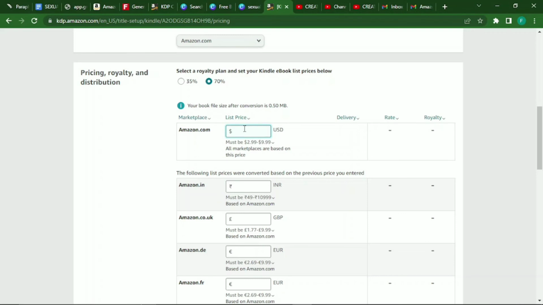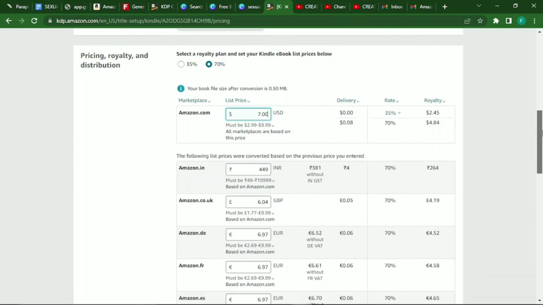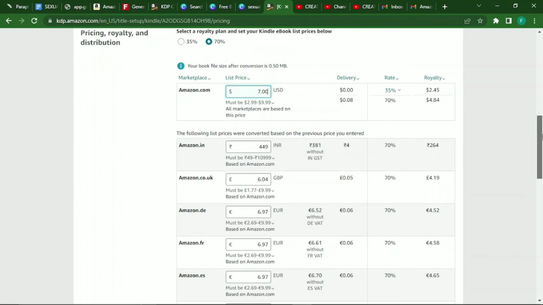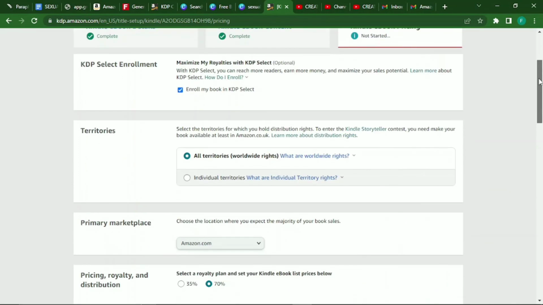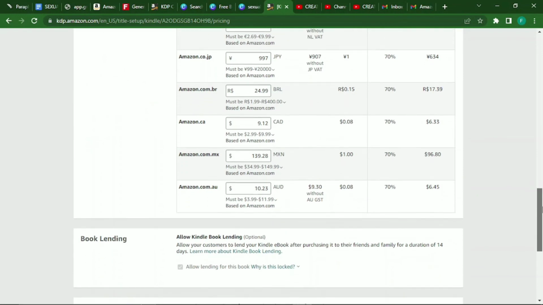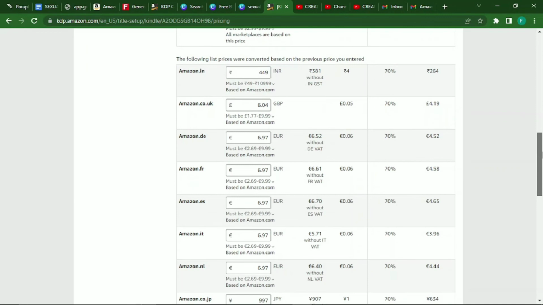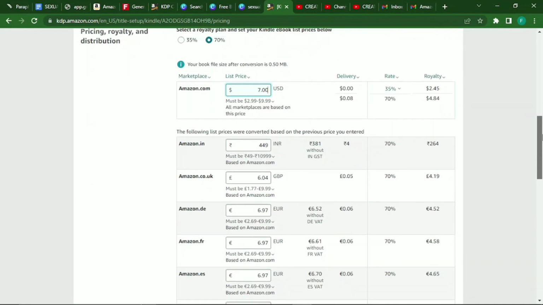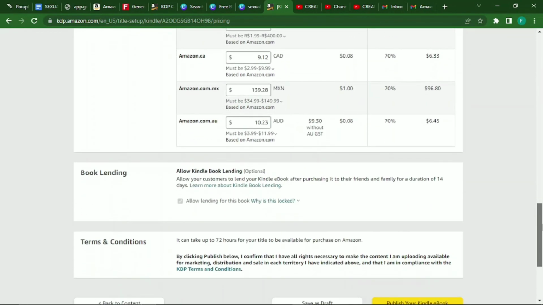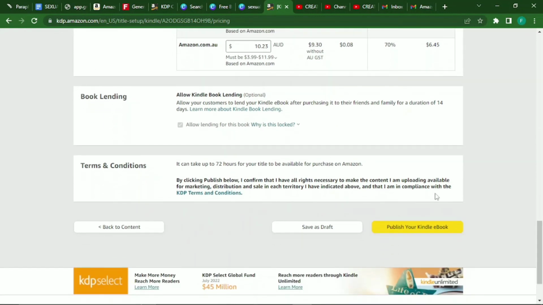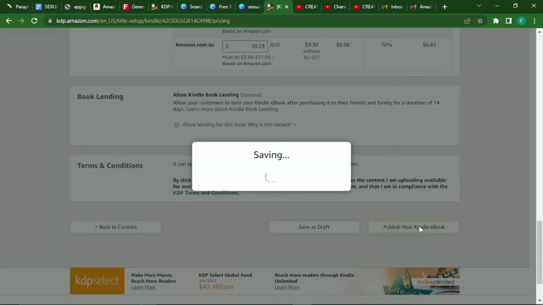So for this book, I want to sell it at $7. So this ebook, I want it to sell at $7. So I will set the price here, 7.00. Once I've set that, I'll just scroll down. You can see this will be your price if anyone buys the book. I would scroll down, and you can see different prices in different regions. So what I'll do, I will just go down and publish your Kindle ebook. Once I click on that,